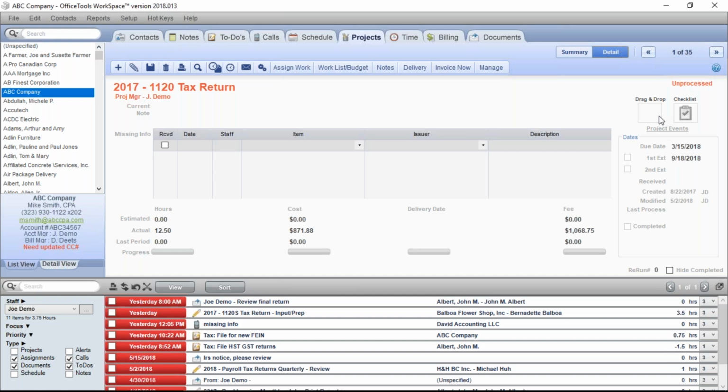Okay, so the next question is specifically for the client portal. I think this is a good segue talking about documents. The question was very detailed, and we just don't have the time to go into all the specifics, but I'll again give everybody kind of a real quick pass on client portal. So with OfficeTools, when you purchase OfficeTools, the client portal can be part of that. And what it does is it provides a secure online portal for your clients to access.